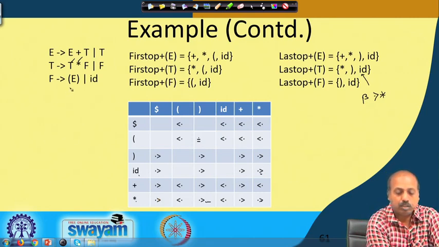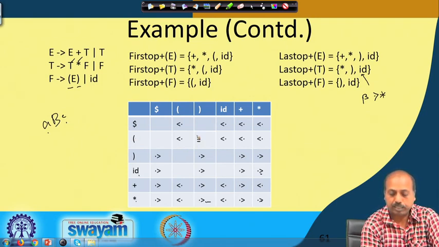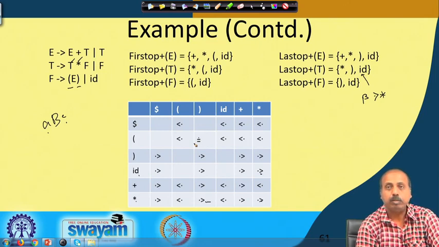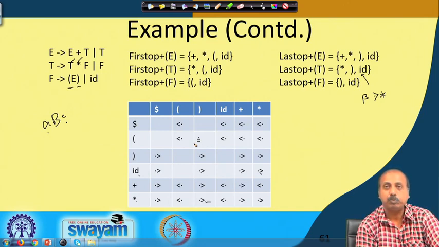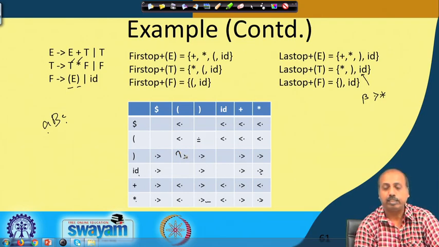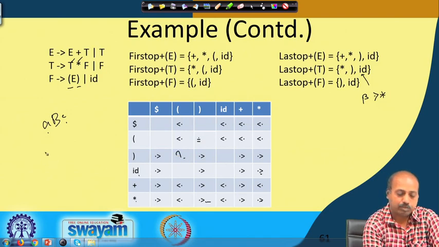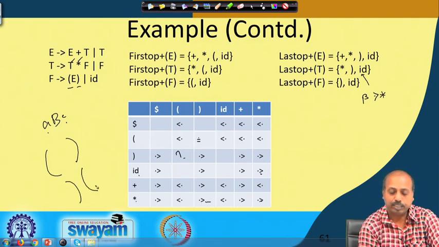Now, this particular rule, F producing within bracket E. So, this is of the form A, B, C, and then it says that A and C should have equal precedence. So, this open parenthesis and close parenthesis are of equal precedence, but it does not mean that this particular entry should also be equality. So, that is not true. Okay. If there is an open parenthesis, there will be a matching close parenthesis, but there cannot be an expression which is like this. So, this is actually excluding that.